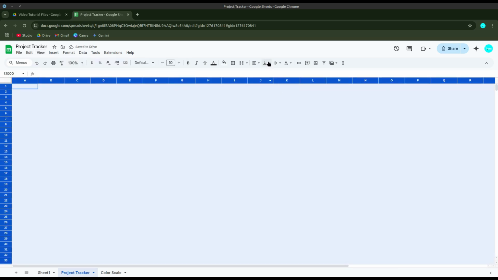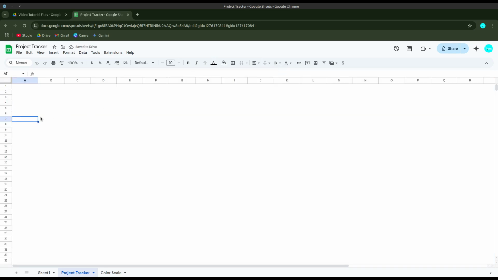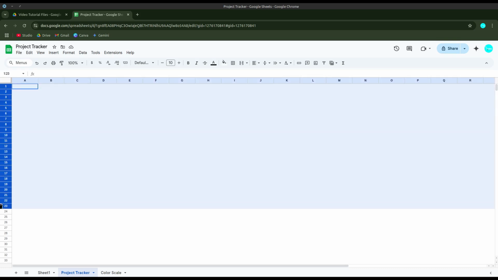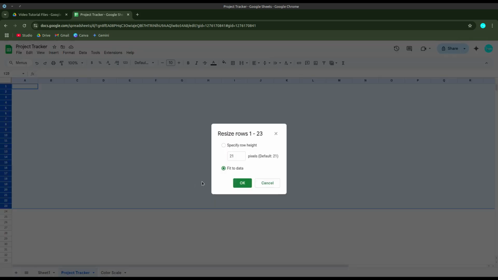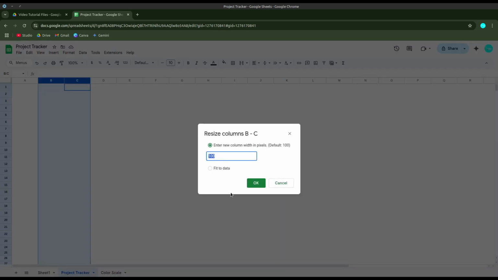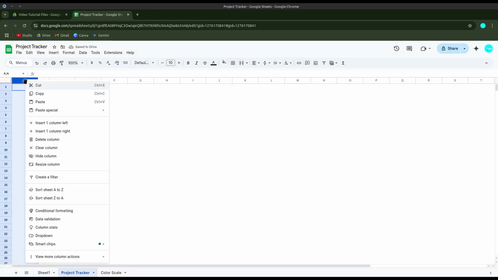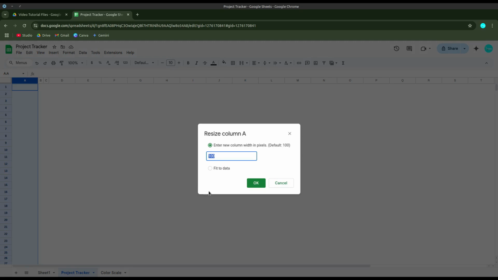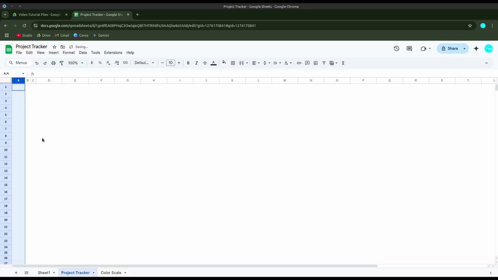Also, I want to align to middle vertically to all cells in this sheet, and also I want to resize the height of those rows to 27, and because we are going to put checkboxes here, I want to reduce the size for those columns B and C to 20, and this one 50, 50, and here let's type,